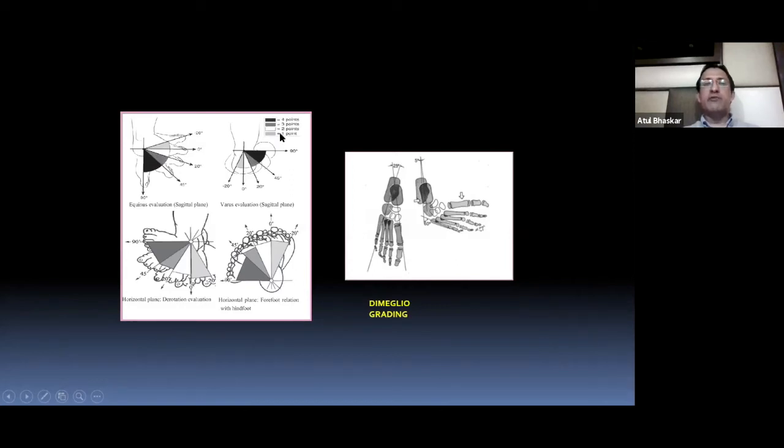Grade 4 is a severe clubfoot, and grade 1 is a mild clubfoot. They have also given a typical French style: soft-soft, soft-hard, hard-soft, and hard-hard. So that basically means the hard part is both in the midfoot and the hindfoot. These are not very commonly used, and it's also very difficult to judge with every week what the flexibility is. So this grading is just for exam point of view, but not really very popular.